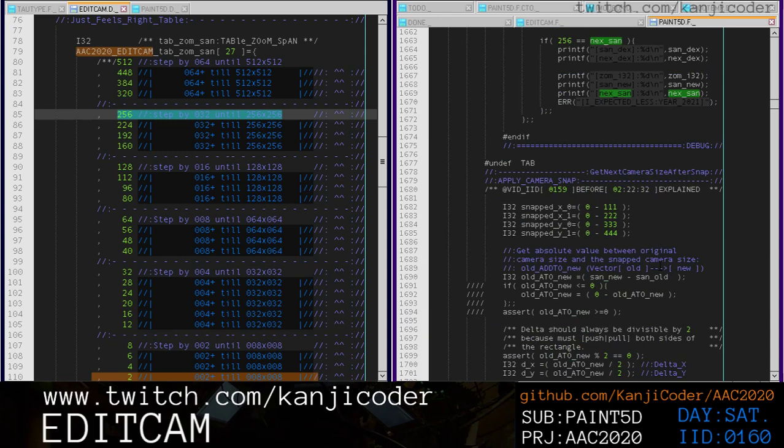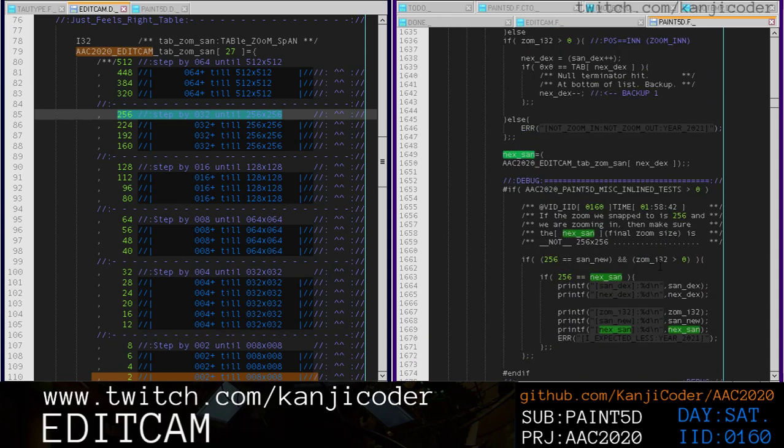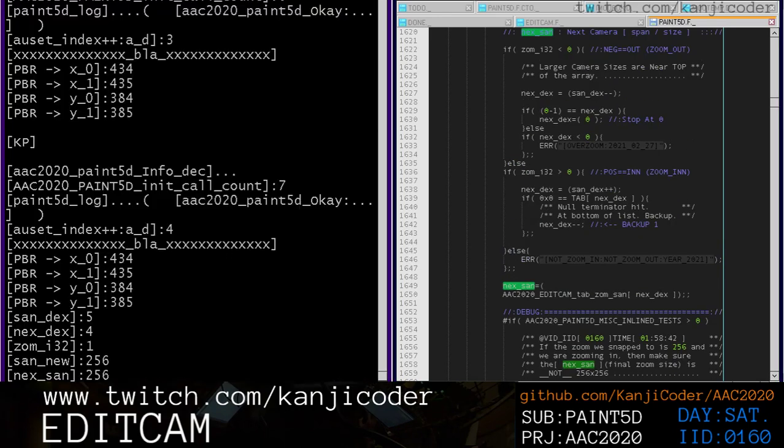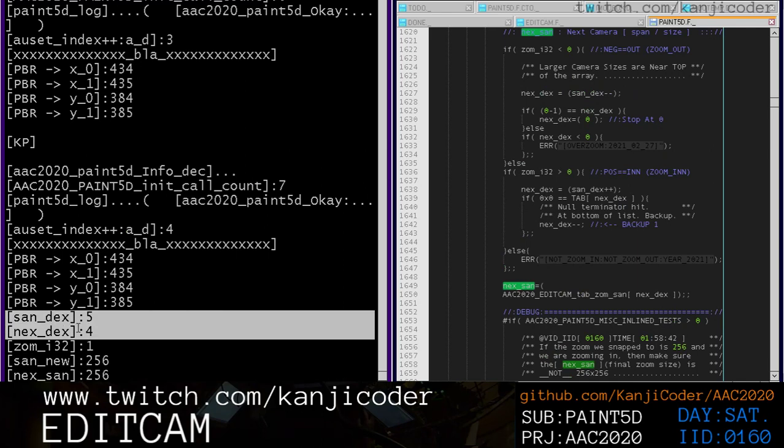Where's next span getting here? Okay, so what we're gonna do here. So what I'm seeing is these don't look right, but what does look right is these indexes, right? So